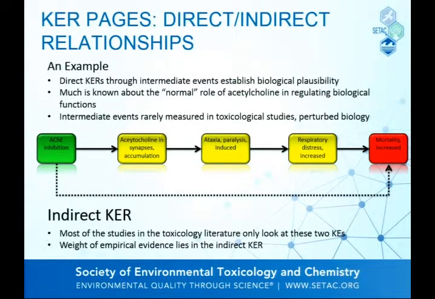And those of you who are toxicologists and biologists have probably seen many papers in toxicology demonstrating that acetylcholinesterase inhibition leads to mortality. It's very easy to find a bunch of papers showing that a variety of chemicals can do this. So this relationship is portrayed here using this indirect KR designation. The reality is there's more to this relationship. If you read the biology literature, what you're going to find is that actually there's a series of steps by which this process is mediated and happens.